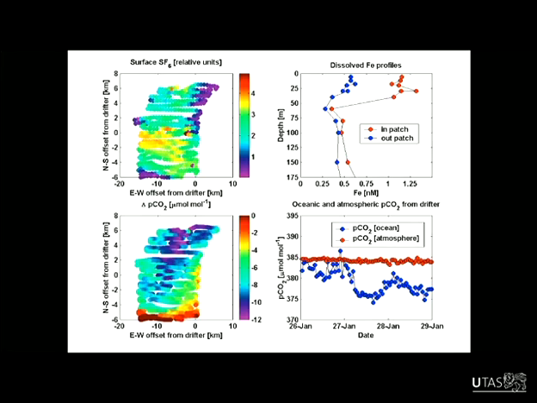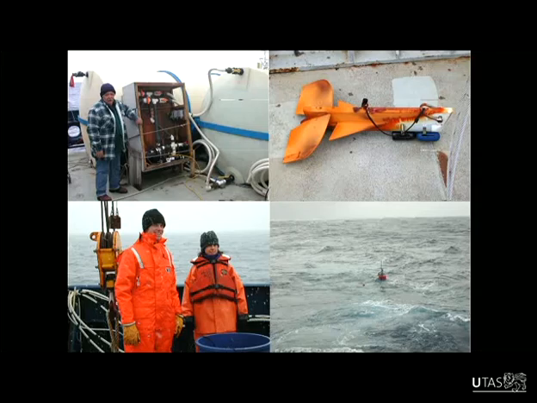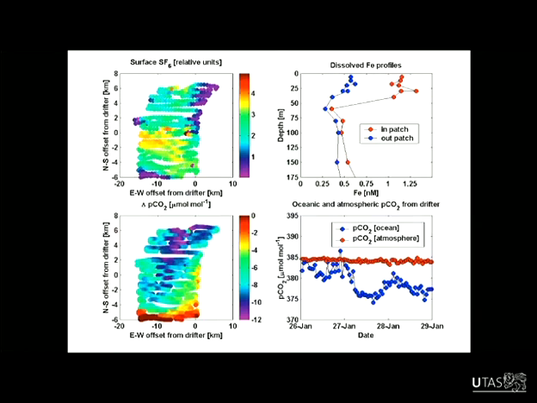waters. This is just another way of looking at that drifter that I just showed you, as well as marking the centre of the patch. We had real-time communication with this drifter so that we knew where we were. It also has instruments on it, including an instrument that measures carbon dioxide. So at the start of the fertilisation, the CO2 in the ocean was about the same as the CO2 in the atmosphere, and after a couple of days we'd drawn down about 10 parts per million of CO2 in the middle of the patch. So the phytoplankton are having their productivity stimulated, and they're sucking up CO2 out of the surface waters. And because the CO2 is now lower in the ocean than it is in the atmosphere, CO2 can potentially go into the ocean, and that's one of the things that we're trying to